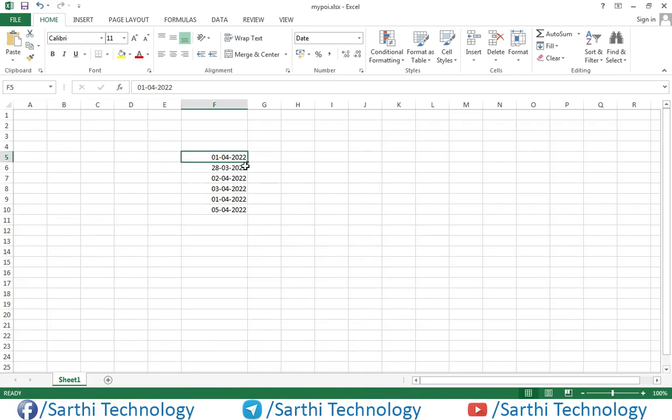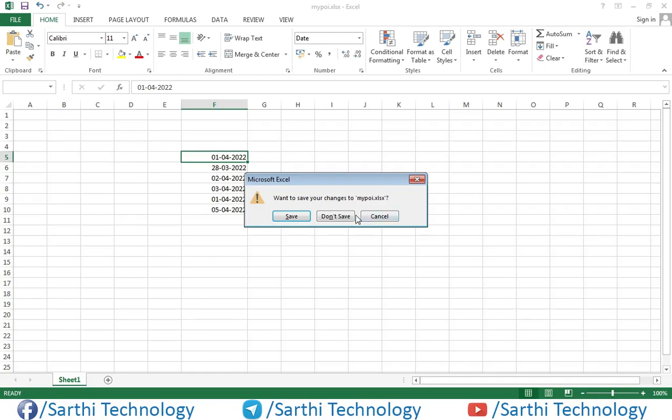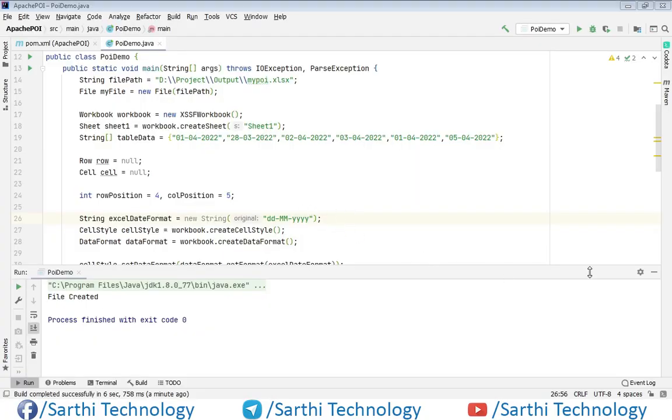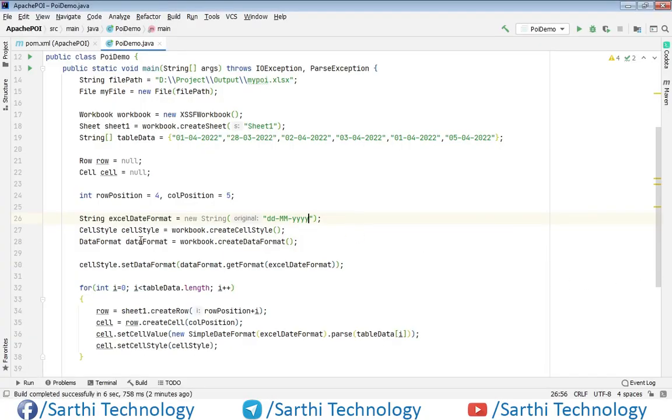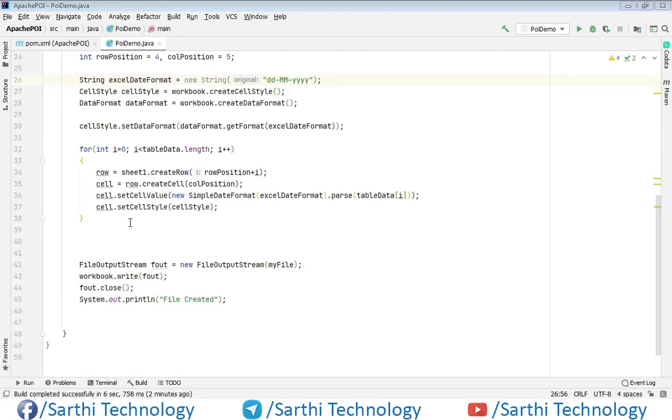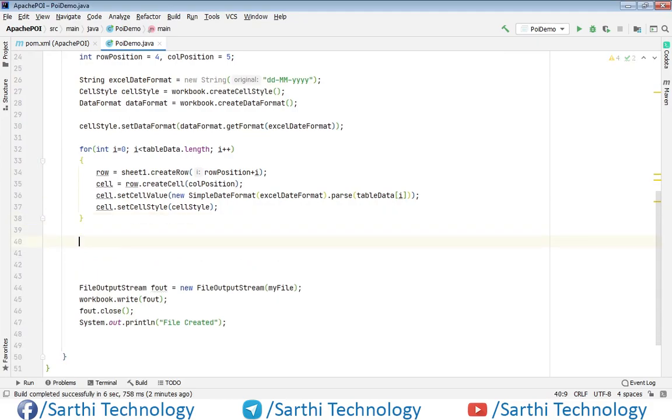One more thing I want to tell you: these dates were stored in one string array, but what if you want to add the current date? For that just close this, and after this we will create another row and cell.